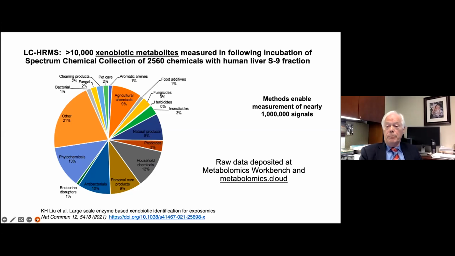And we have Tom Metz on the panel, and he's really an authority in this area. But the reality is we're now able to capture in the range of 1 million chemical signals. Now, it's not that many chemicals, and individuals aren't going to have nearly that many chemicals in them. But collectively over the populations and different geographies, we have to anticipate that there are 1 million chemicals that we're